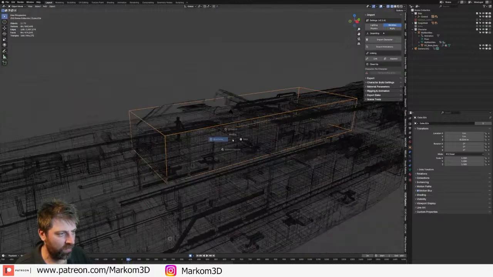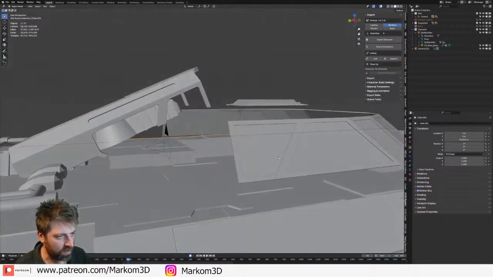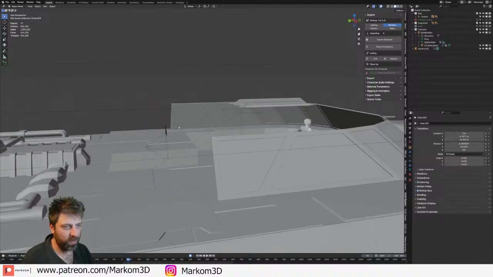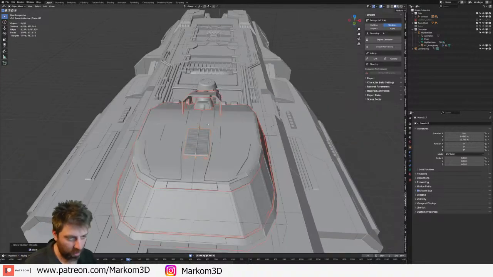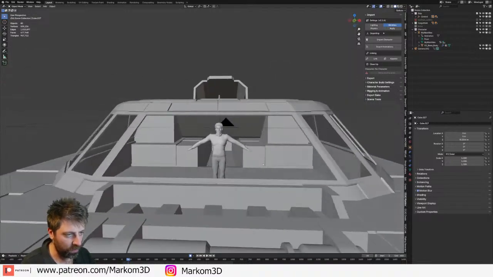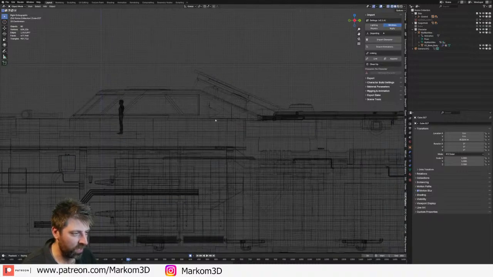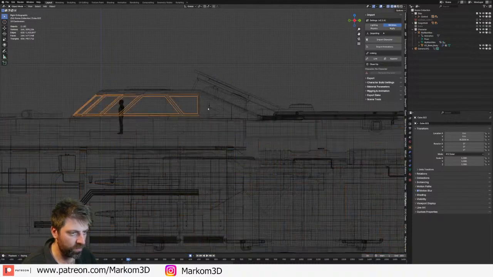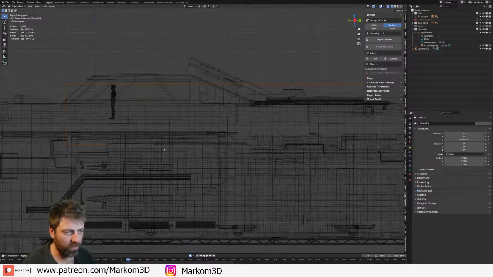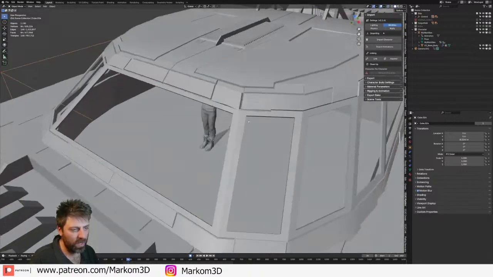See, I want to make it actually fairly narrow in here. So that brings that up. Excellent. Let's get rid of some of these. Oh, actually, let's do now an Alt-H. And we'll get rid of our windows so we can actually see in here. Back here, where it kind of goes down, isn't actually enough space for him to walk through. But I'm okay with that for now. And we'll kind of fix it up.